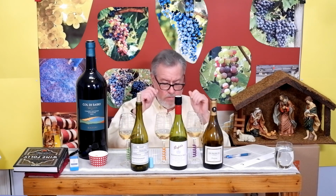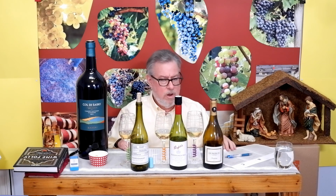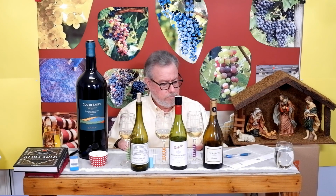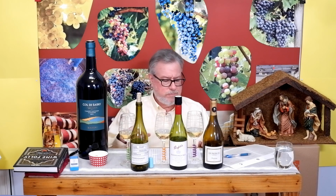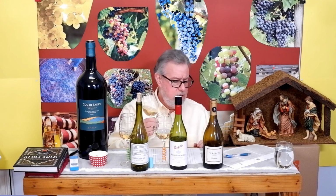I expect a couple of these are oaked. I've tasted them before and one of them seems unoaked. So that should pop up in the tasting as we go through, because the oak has quite an effect, which I'm used to or somewhat familiar with from tasting whiskeys that have been aged in oak also. So we'll just go into the Argentinian Chardonnay and